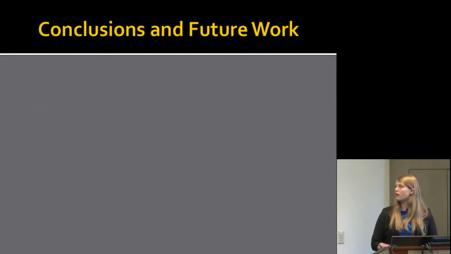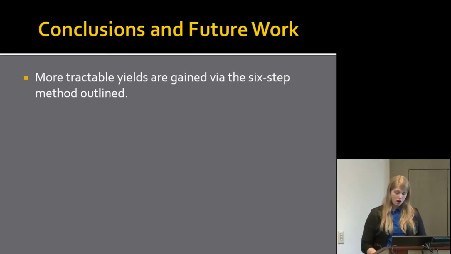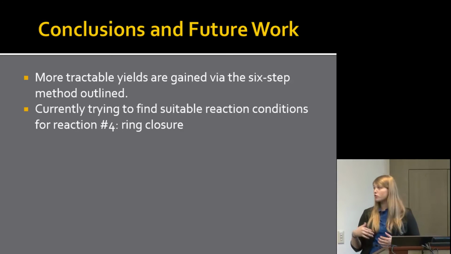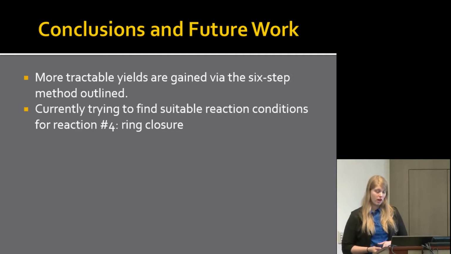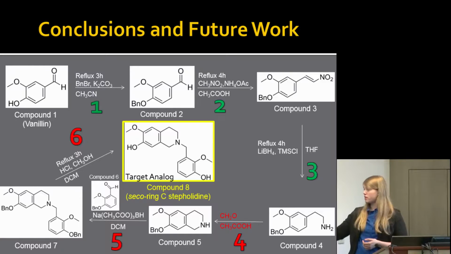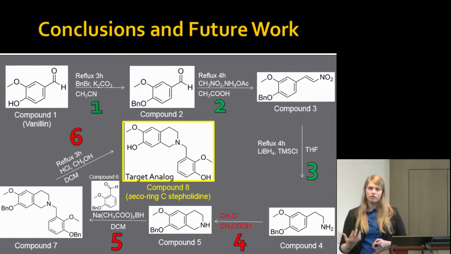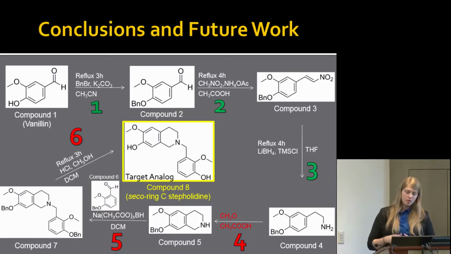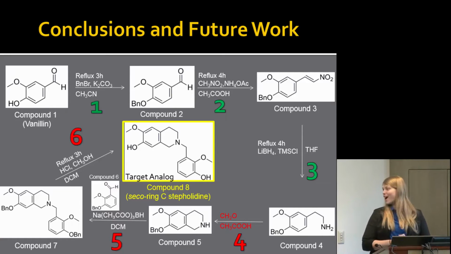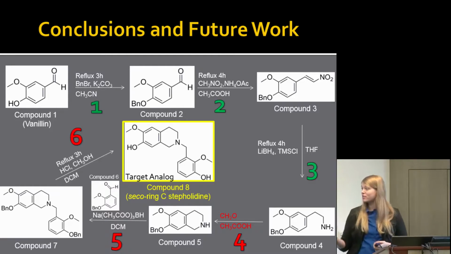So as far as where we are now and where we want to go, we do believe that the 6-step synthesis is the synthesis that's going to work better, and we've come to that conclusion. However, we're currently stuck on reaction number 4 of that, the ring closure reaction that you see here. So the first 3 steps, everything in green, has been completed already. However, our barrier is kind of reaction 4. We may have completed it today. I'm waiting on NMR analysis, but we don't anticipate many problems with 5 or 6.